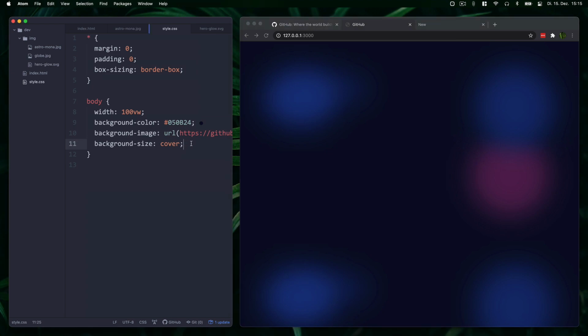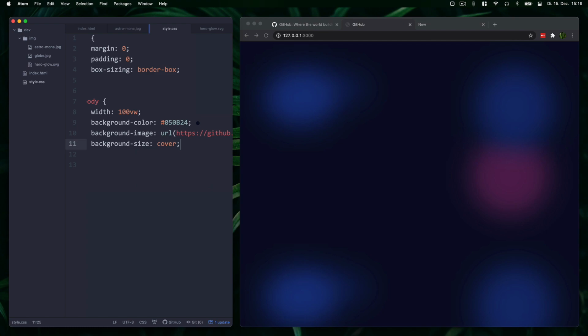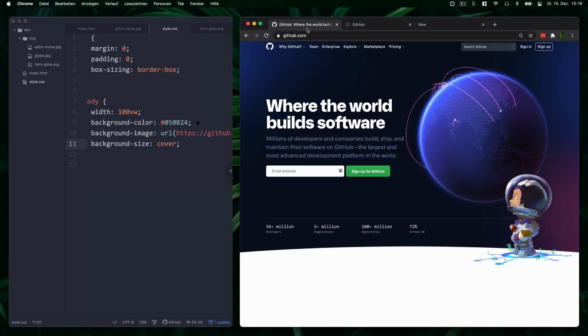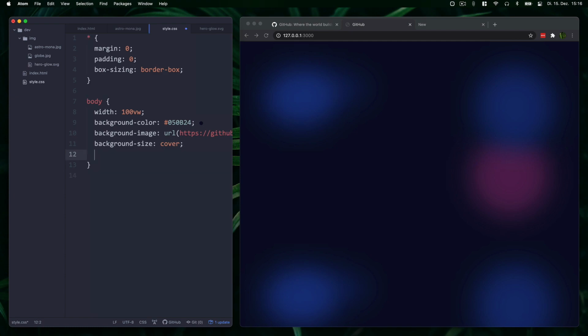Probably needs to be slightly larger. Contain is probably not correct. Let's just keep it at cover for now, and then we can play around with it later on, right? Actually, how do you... Okay, let's just